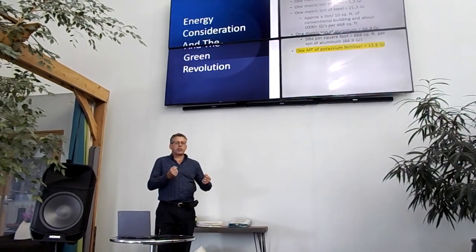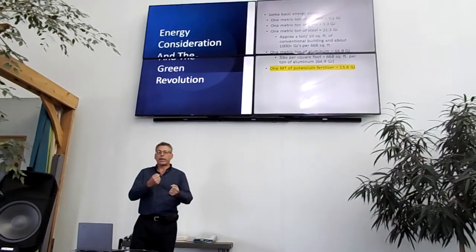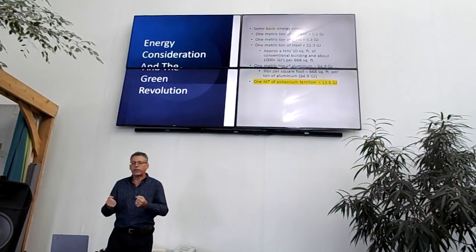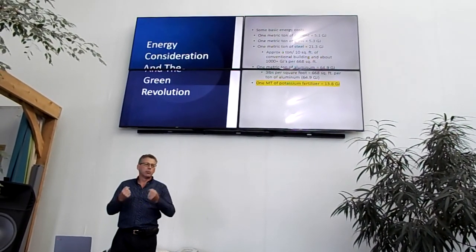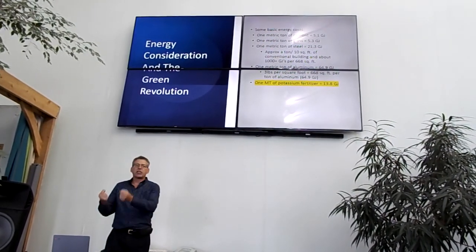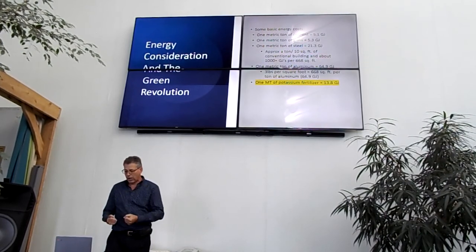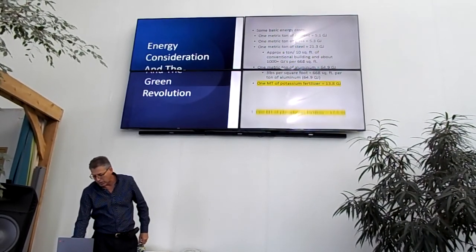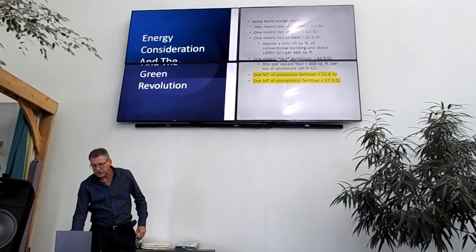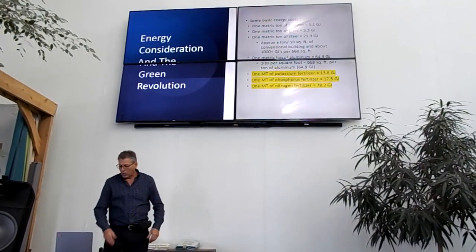Sometimes when we say energy is the master currency, what we did with the Green Revolution is we started literally eating fossil fuels. That sounds really strange, and we probably don't think that we have. But in fact, we absolutely have. So when we're essentially mining 1 metric ton of potassium fertilizer, we're using 13.8 GJs. When we're mining phosphorus, we're essentially using 17.5. And when we're